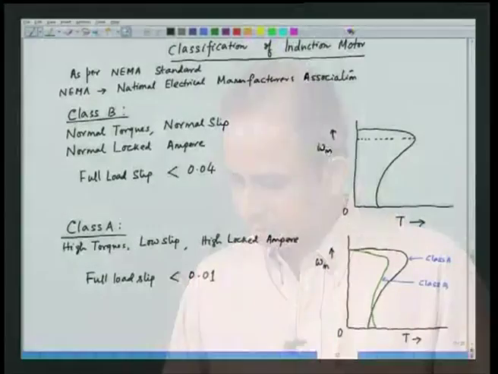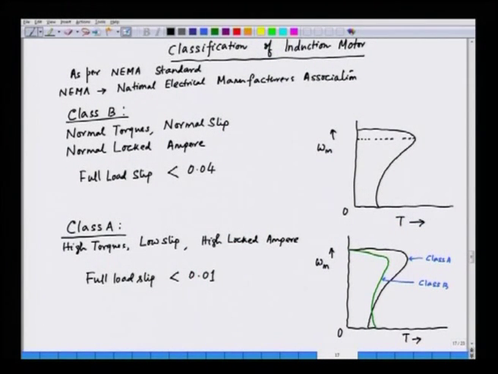Now, we have seen class B and class A motors, and we understand that class A motors have low rotor resistance, and hence higher torque, but unfortunately the starting torque is low, because if the rotor resistance is low, the starting torque of class A motors is low. From the speed torque characteristic, we observe that the starting torque of class A motors is smaller compared to that of class B, and even class B motors have low